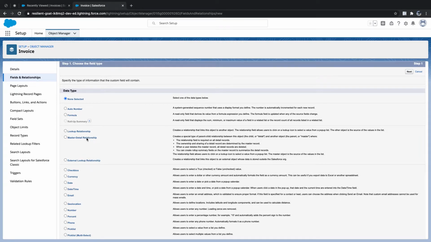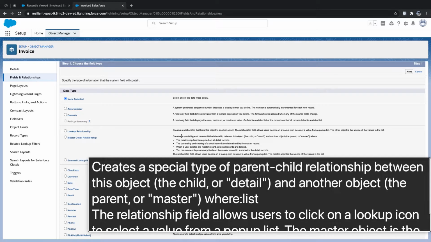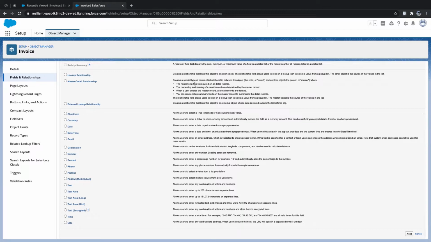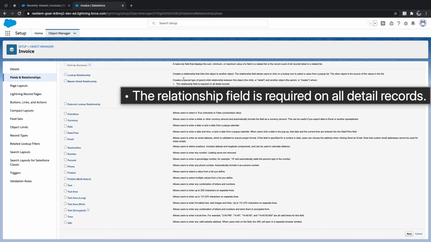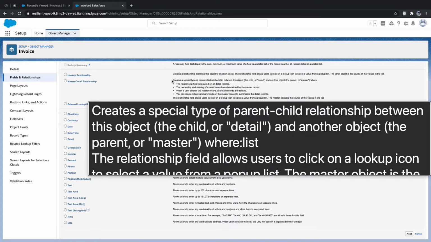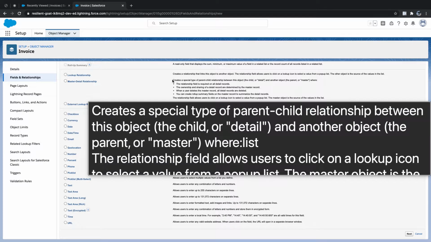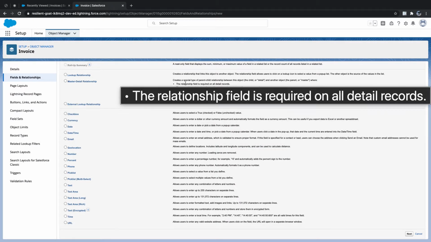We also have the same scenario for master detail. It says: create a special type of parent-child relationship between this object, the child or detail, and the other object, the parent or master.